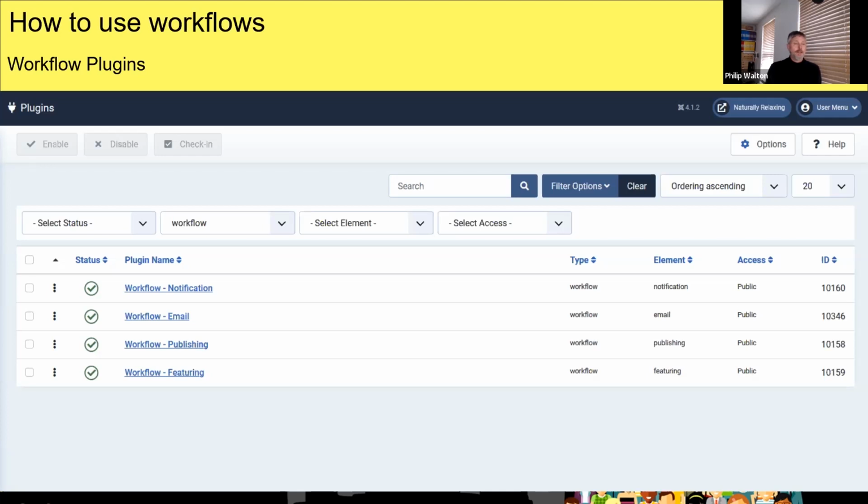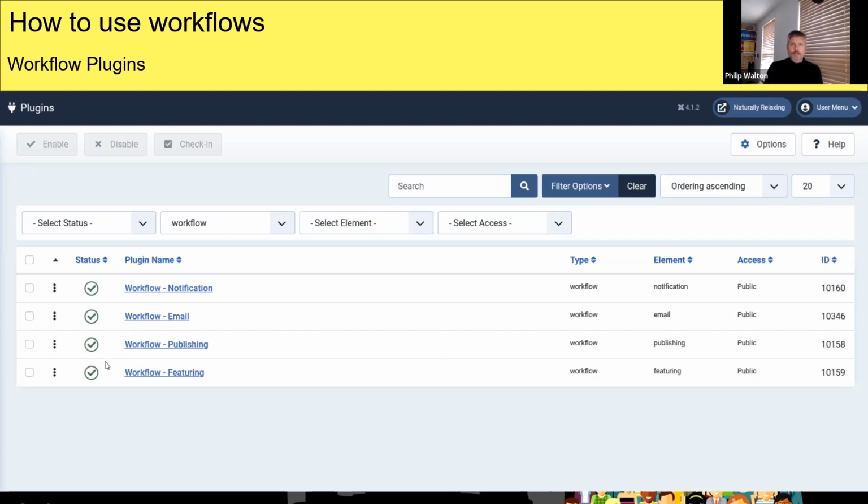It's for the feature, unfeature functionality. So you can make something go on the home page or take it off the home page, however you've set up features to work on your Joomla site, as well as publishing and notification. And here we've got the email one as well, which is one that I built, which will send the emails out.